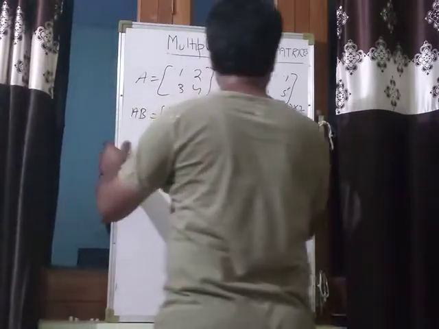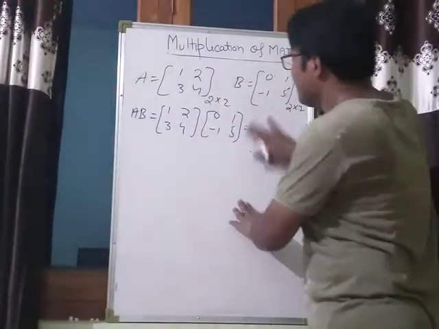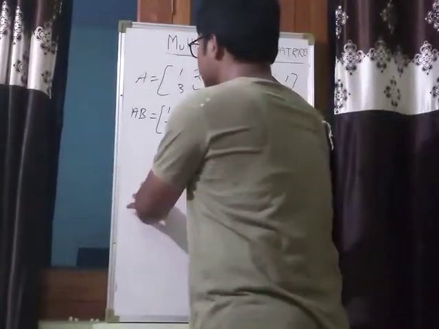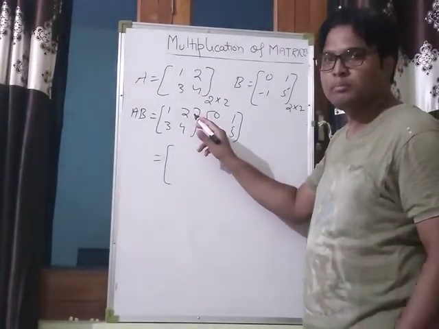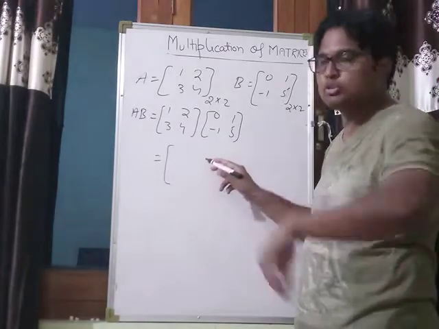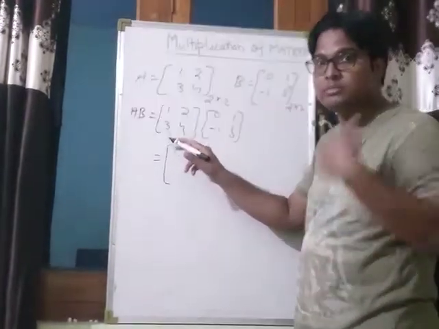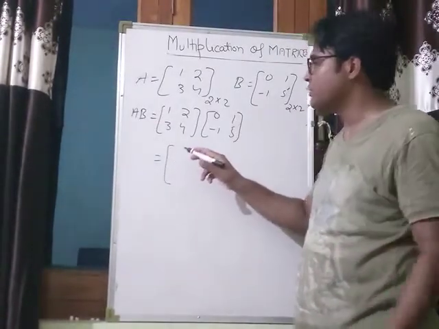See, that is equal to... See, how can we multiply? Again we will see here. That is, first row of the pre-multiplier, first column of the post-multiplier, corresponding entries we will multiply. After that they will be added to each other.